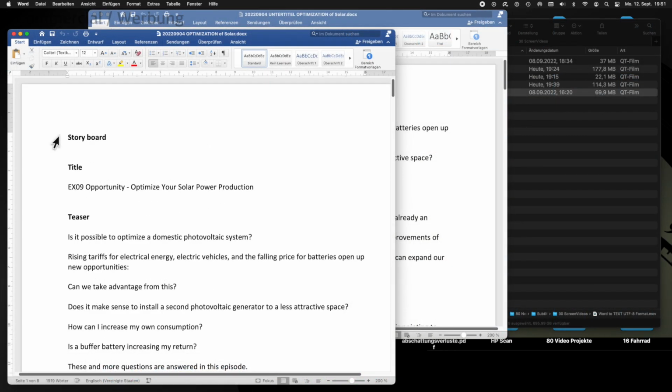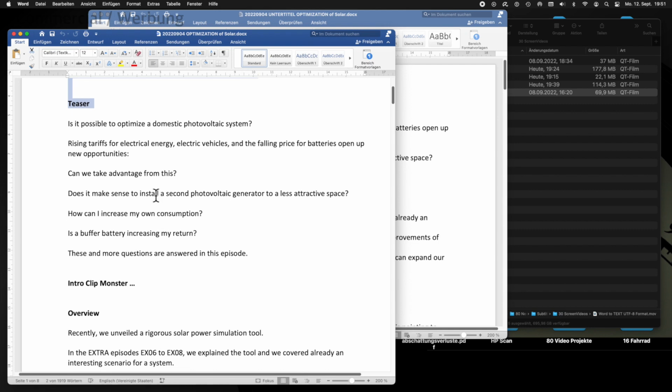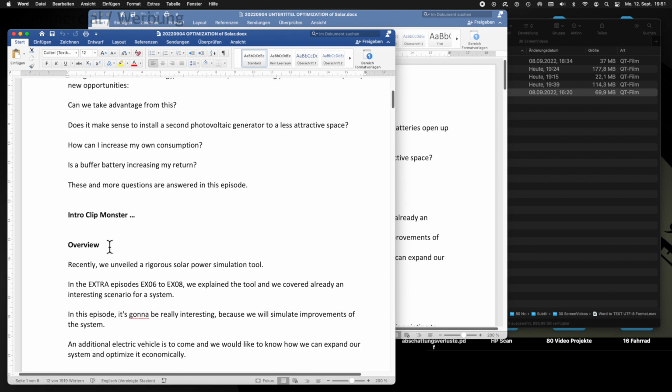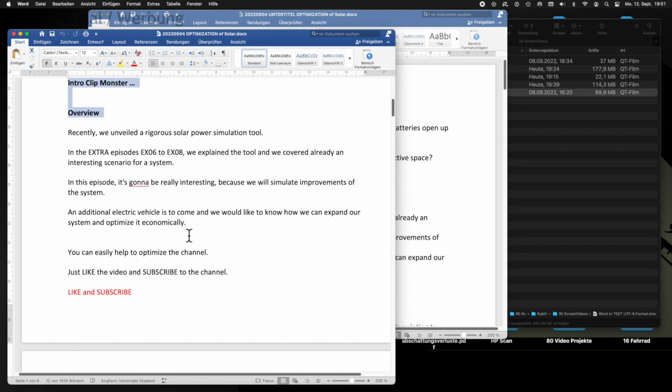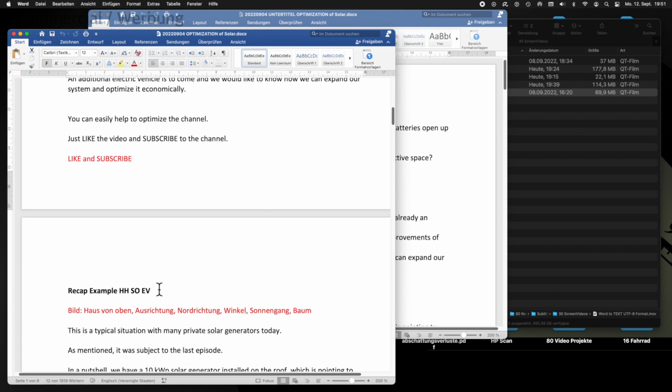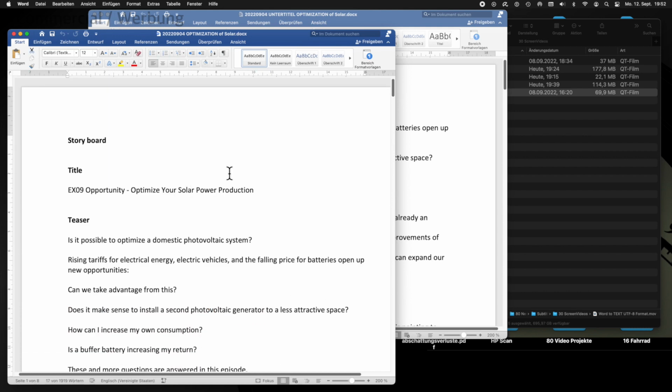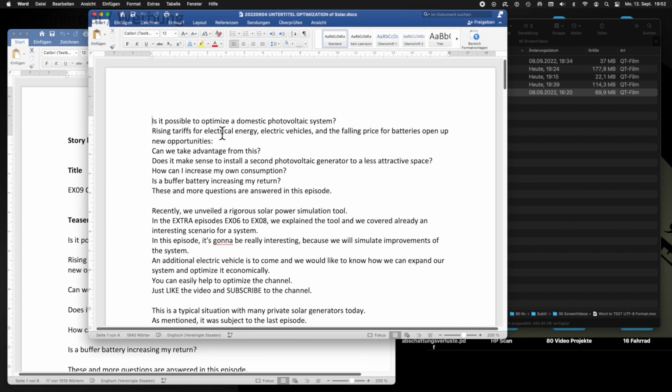My approach is usually a bit different. I'm always creating a storyboard which contains my script text. This method simply turned out to be the best for me to create my videos. In order to extract my script from the storyboard, I just delete additional information. And this way I simply get my text for the subtitles, which typically looks like this.